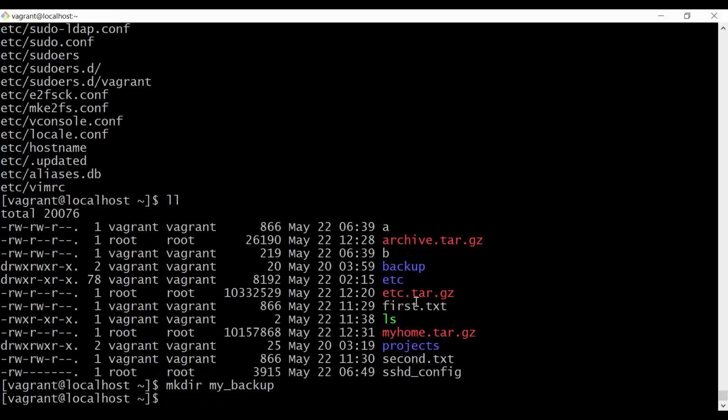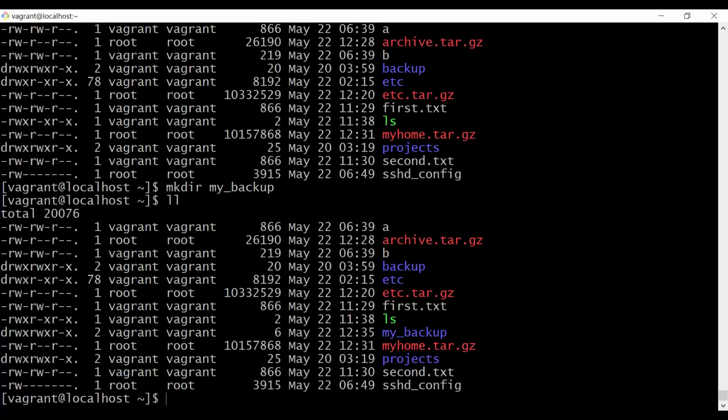Now I would like to extract the etc.tar.gz file content to my backup directory. My backup directory is available in the current home directory itself. But how can we do that, extracting that? Here we can use tar